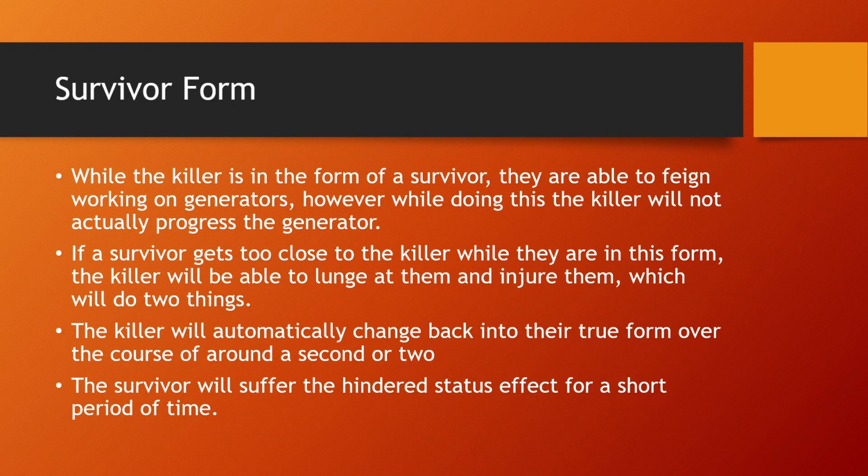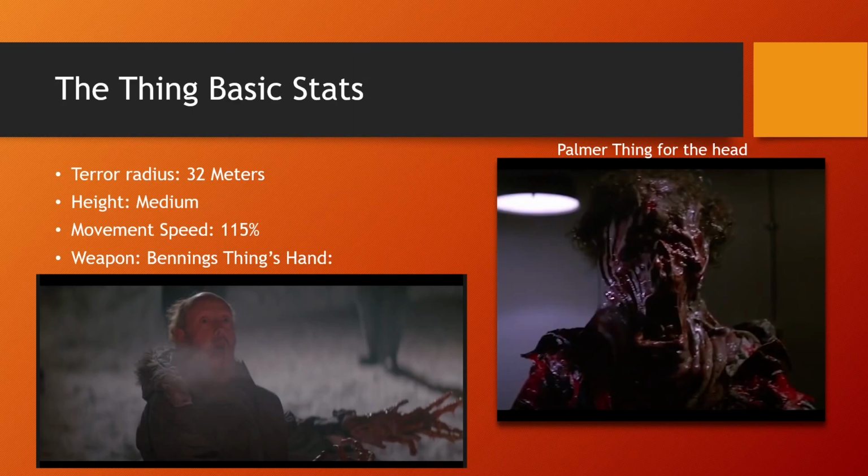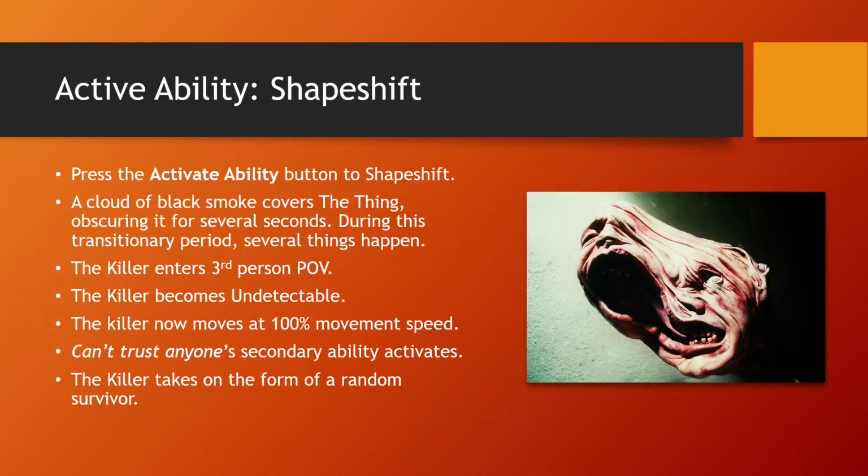So, if a survivor gets too close to the killer while the killer is in survivor form, I don't know how close, probably just a couple of meters, the killer would be able to lunge at them and injure them. They would probably grow the hand that I was talking about, so you'd see Ace lunge at you with that hand right there. That would probably be pretty terrifying. It would injure the survivor,